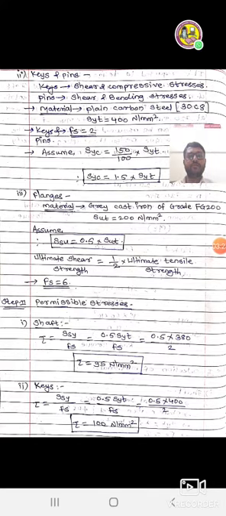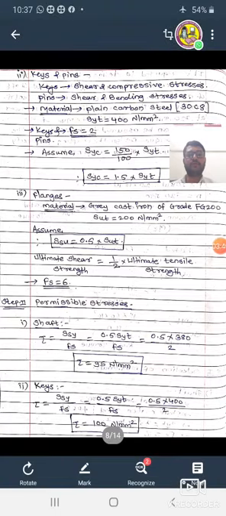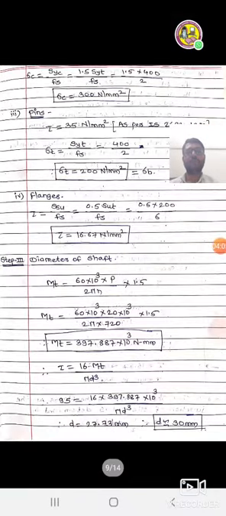Step 2, permissible stresses. For the shaft, find tau equal to SSY upon Fs, that is equal to 0.5 SYT upon Fs, that is equal to 0.5 into SYT for the shaft, 380, upon 2. So we find tau equal to 95 Newton per mm square. For keys, find shear stress tau equal to SSY upon Fs, that is equal to 0.5 SYT upon Fs. Then you get the answer for shear stress for the key as 100 Newton per mm square.